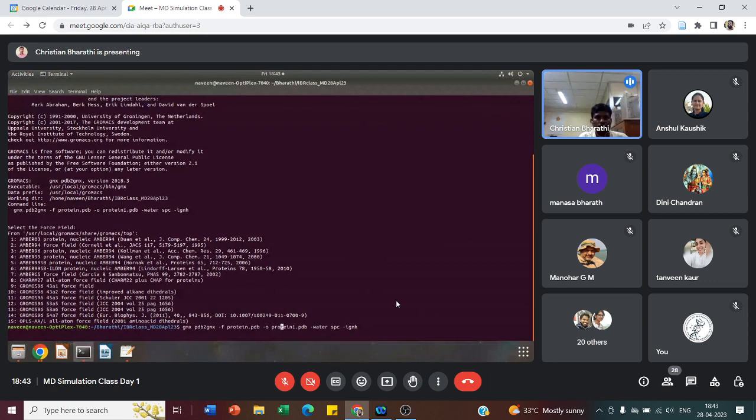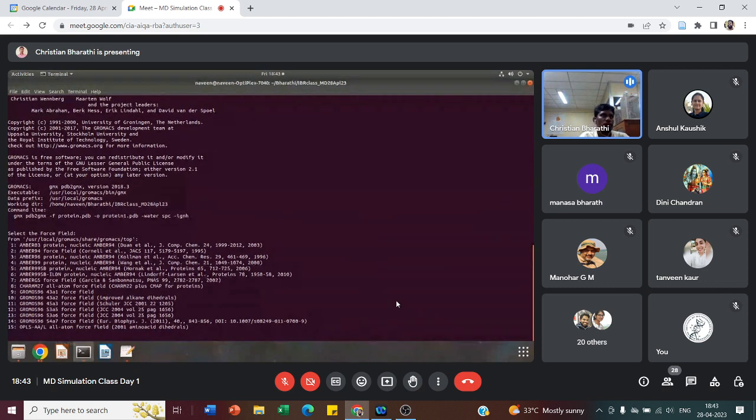It takes this input file and gives this as output, and I'm giving SPC as the water model for this MD simulation. And if you give enter,